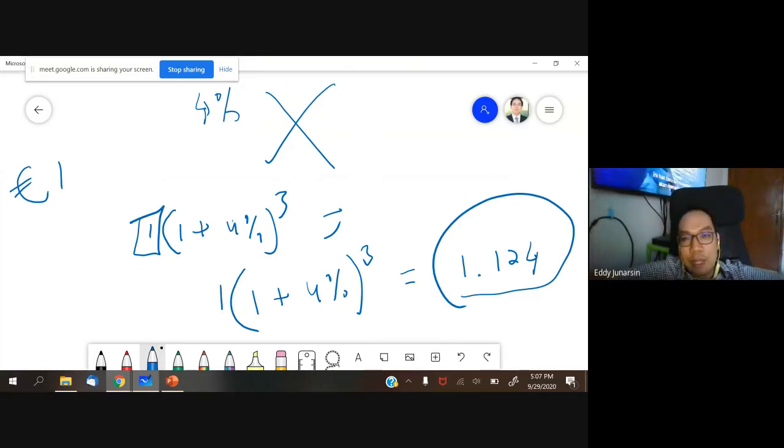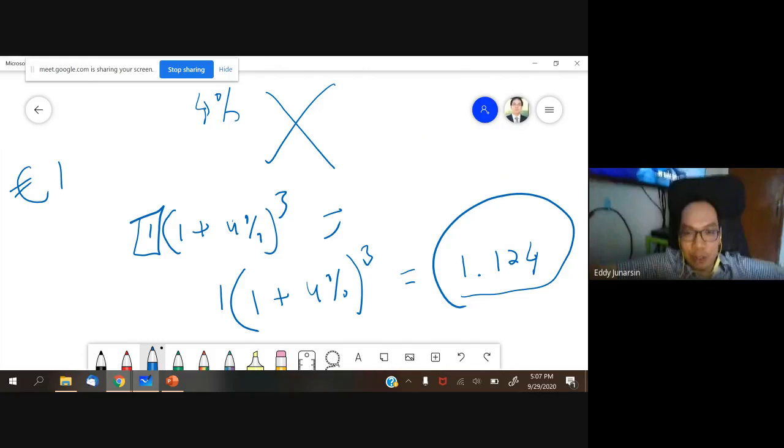Arithmetic return is not suitable for this kind of calculation because the number in this period is affected by what happened in previous periods, and our performance in this period will affect the numbers in subsequent periods. So that's why we cannot use the arithmetic average in this situation. The money that we have right now is affected by previous performance, and the money that we will have at the end of this period will finally affect the amount of money in subsequent periods.